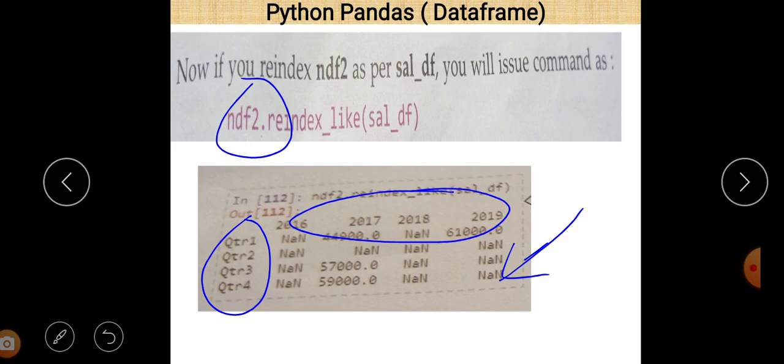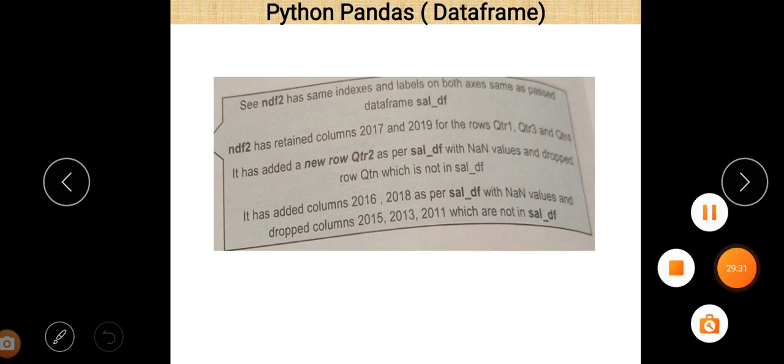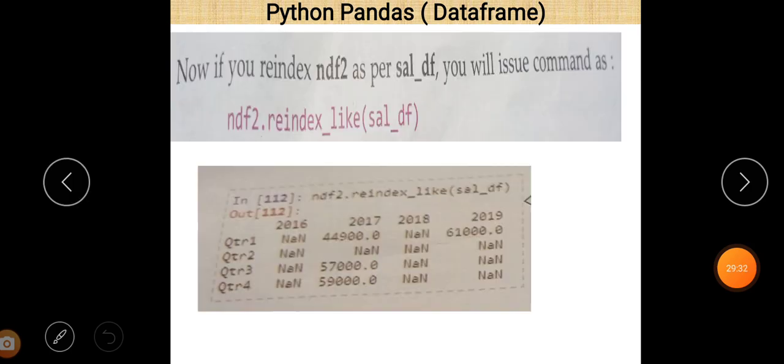The values that are not found are represented by NaN. So that is the concept of the reindex like function. NDF2 has the same index and labels on both axes as per the first data frame, SAL underscore DF.